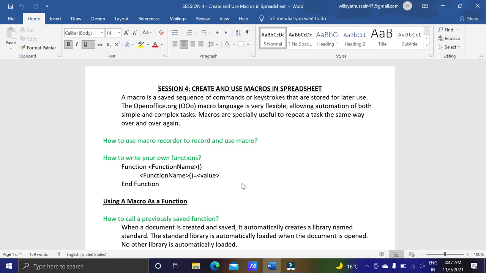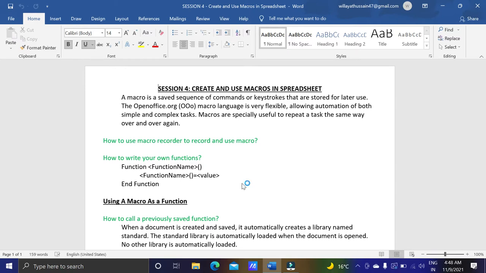First of all, we need to know what a macro is. A macro is a saved sequence of commands, keystrokes, or mouse clicks that are stored for later use. Suppose you have to apply the same formatting to a number of sheets, the same space, the same color, then every time you have to do the same thing again and again in multiple sheets.